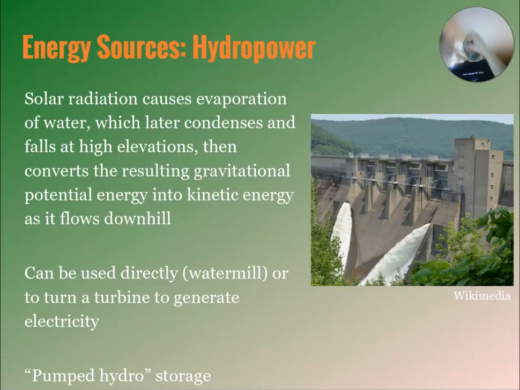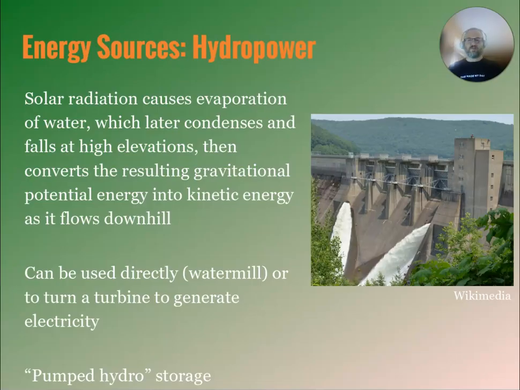So when that evaporated water rises and ends up on top of the mountains, it now has a whole bunch of gravitational potential energy because it's now farther away from the center of the Earth. And then that potential energy turns into kinetic energy when that water then flows downhill. And then we can stick a turbine in that flow of water and convert that kinetic energy of the water flowing downhill into other forms of energy, such as electricity or just mechanical work if you have, like, an old-time